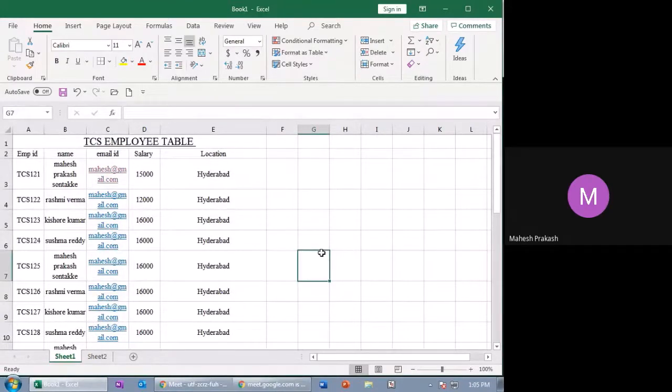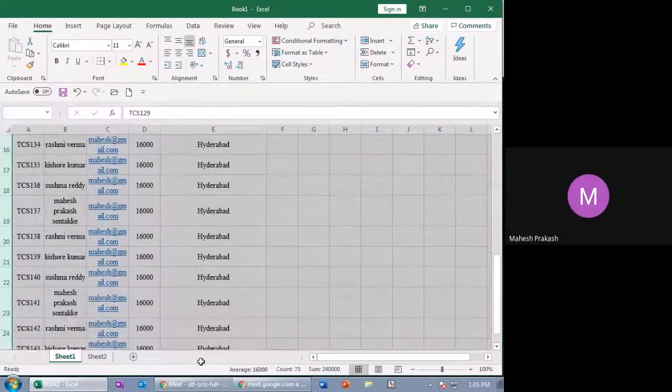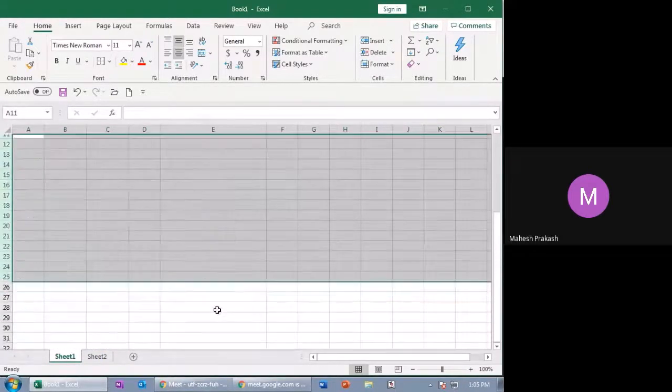Now see, I'll make the table small so that you can see the screen at once.